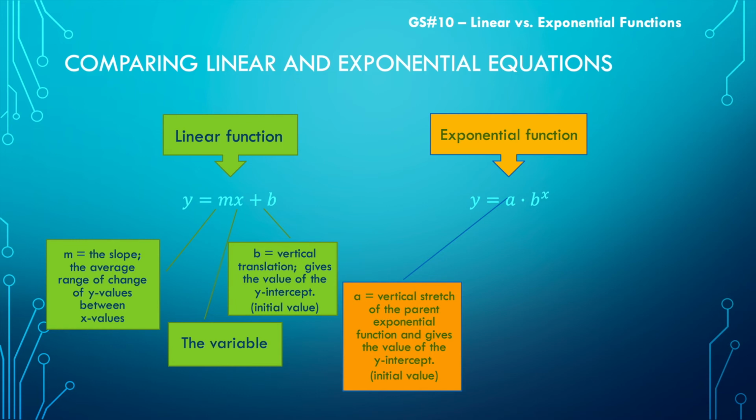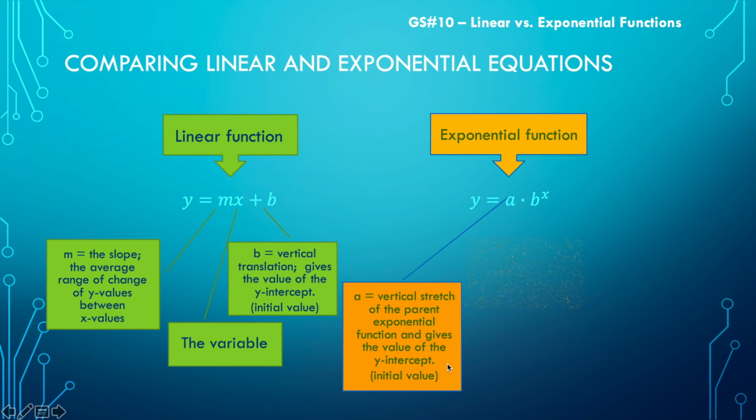Sometimes you've seen functions like A equals a naught times e to the rt or e to the kt. These are all exponential functions where this part right here, and sometimes we'll say this is a naught, that just means a at time equals 0. Okay, and so whatever's in this position before the base that's being raised to the power is our initial value,